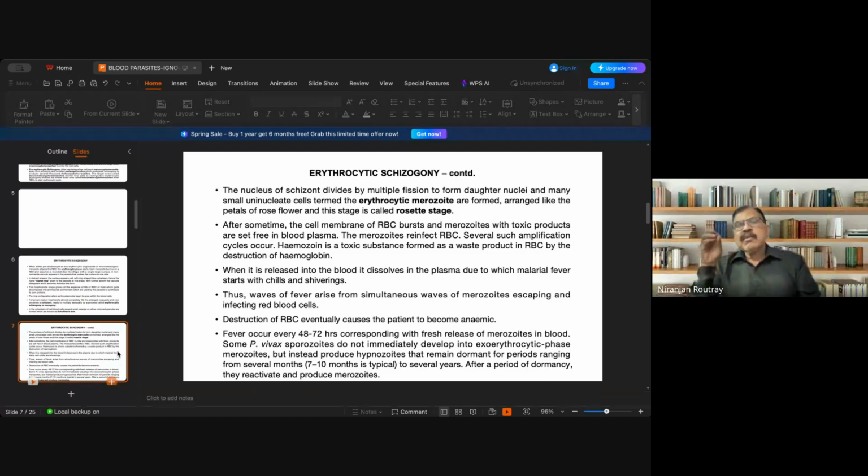When a person who has earlier shown the symptoms of malaria shows them again, he or she says, no, I have not visited a mosquito endemic area, I'm sleeping in a mosquito net, my clothes are always covered, I apply insect repellent cream, so no bite of mosquito, but still I have the symptoms of malaria. That is due to the earlier hypnozoites, which are concealed and remain dormant in the human body. They are responsible for the recurrence.